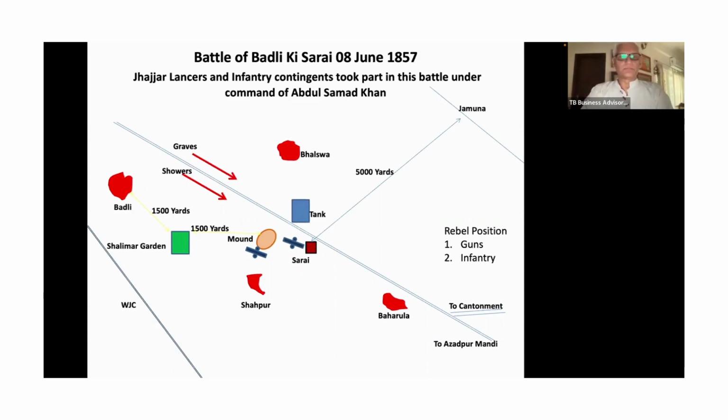This battle was led on the Indian side nominally by one of the princes, that is a son of Bahadur Shah Zafar, named Khizr Sultan. However, he ran away at the very beginning of the battle, and effective command of this force was with Abdul Samad Khan. Abdul Samad Khan had deployed his force